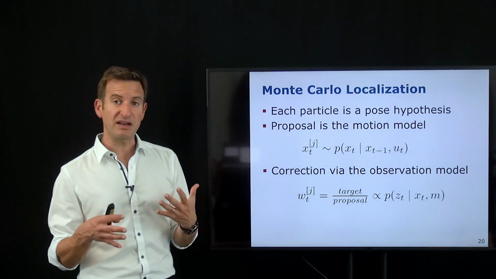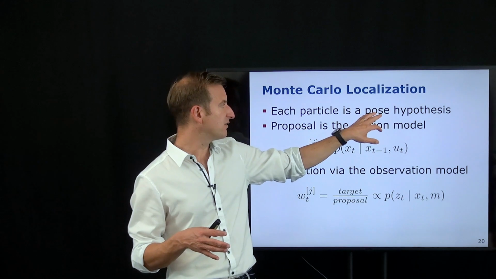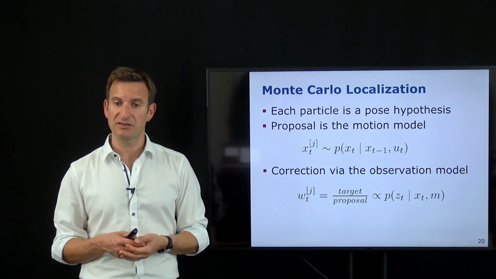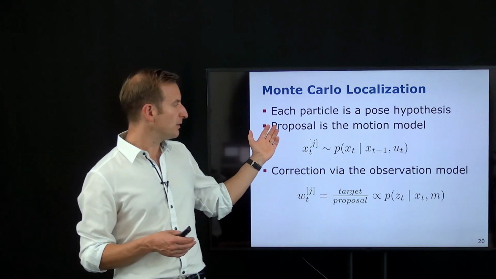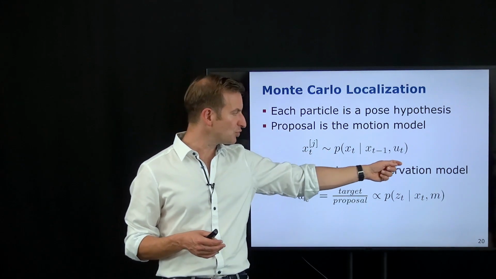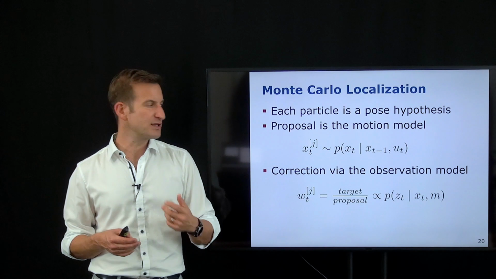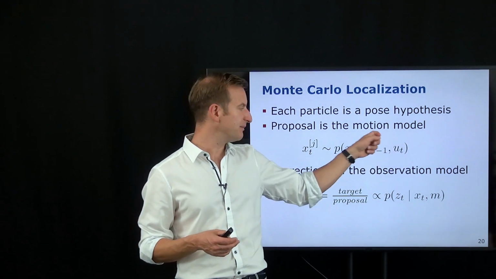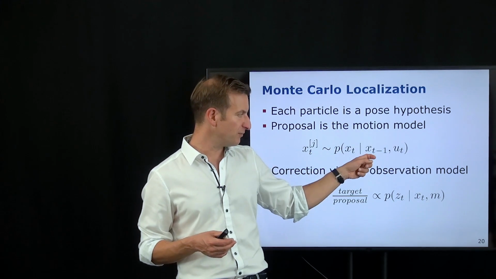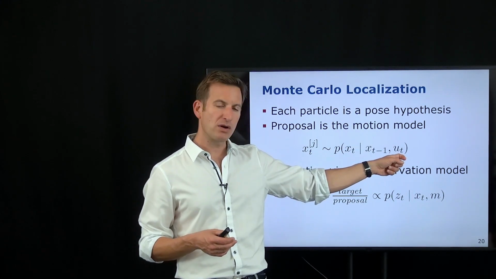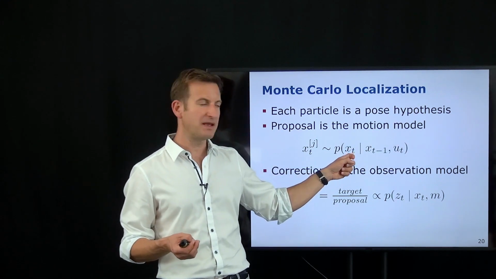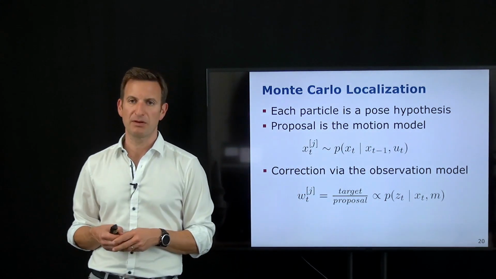So the dimension that I need to estimate defines the state vector of every particle, so the dimensionality of that sample. And then in Monte Carlo localization, we use our motion model as our prediction step. So we say, where have we been at the previous point in time? So this is information which comes from the recursive belief. We use our odometry command or motion command and estimate where we are. And this is what I use to generate new samples.